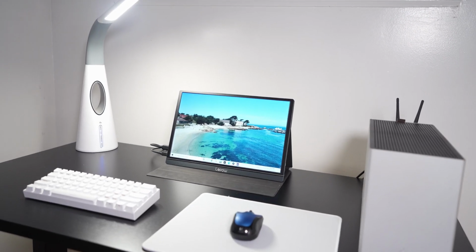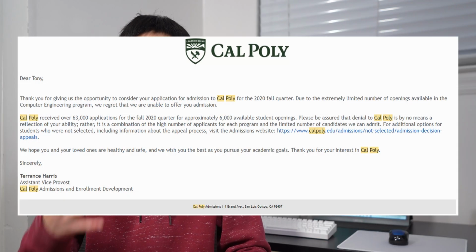And also a little bit of backstory before we start. I graduated high school in 2020, so last year, and I applied to a bunch of colleges, but I got rejected by every single one of them except University of California Davis, or simply UC Davis, which waitlisted me. Luckily, I got accepted by UC Davis for computer engineering, but COVID hit and I realized I didn't want to